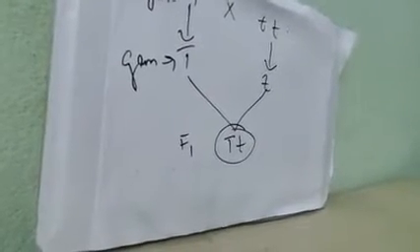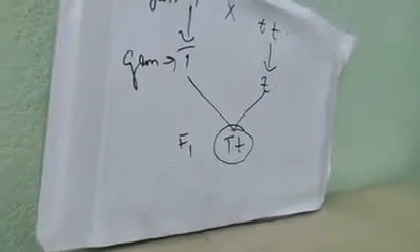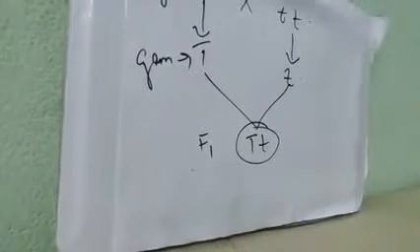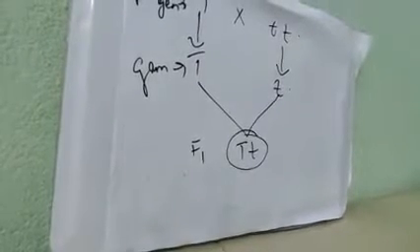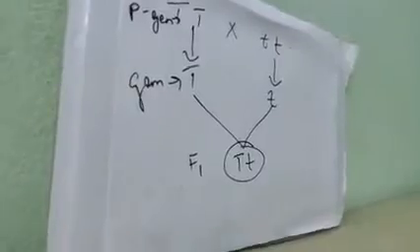Next, number 13, number of chromosomes present in man, obviously 46. Number 14, how many types of contrasting characters did Mendel select in pea plants? 7 pairs. Number 15, what is the primary constituent of heredity? Gene, without any doubt. Number 16, how many types of offsprings do we get if we cross two hybrid black guinea pigs? How many types of offsprings will we get? So this is the P generation.